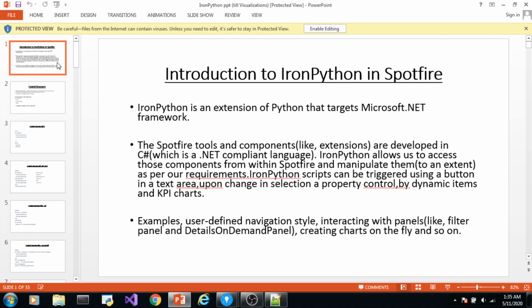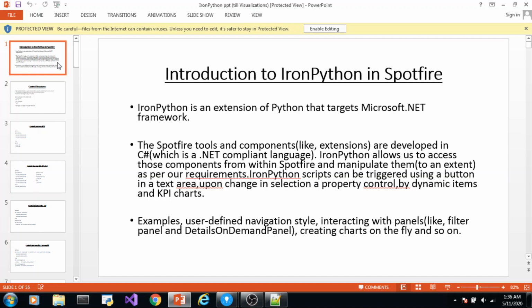So IronPython allows us to access the components of Spotfire and manipulate them to a certain extent. It's not that anything can be accessed and changed in Spotfire using IronPython. For that, you need to develop extensions using C# in Microsoft .NET and deploy them in Spotfire. That is beyond the scope of this session.